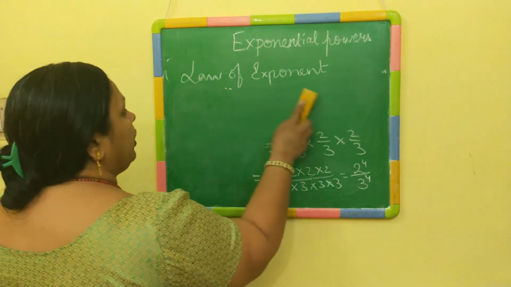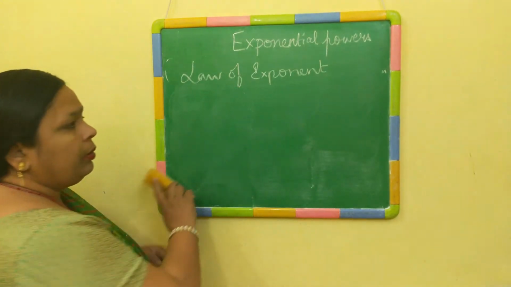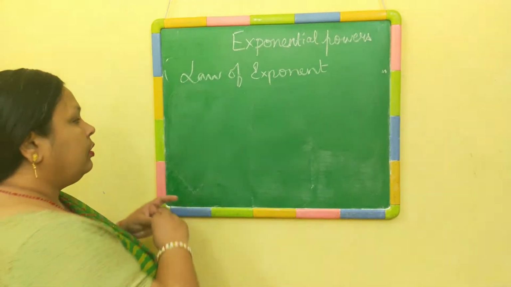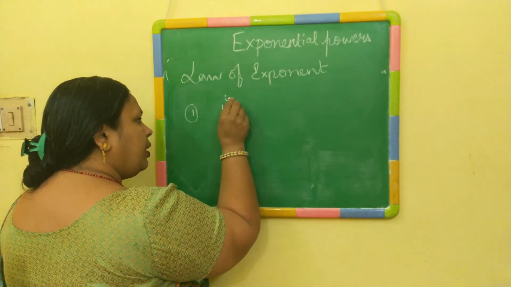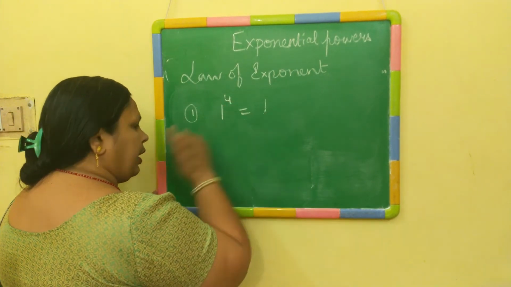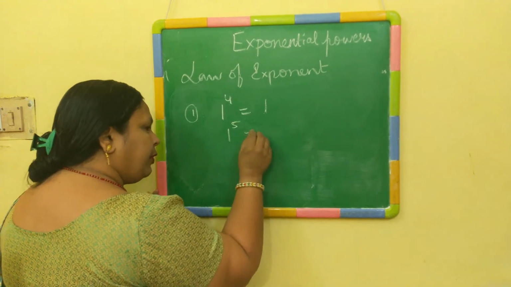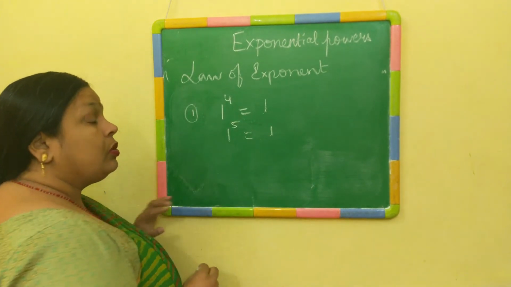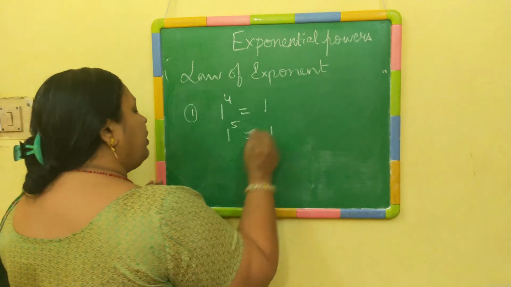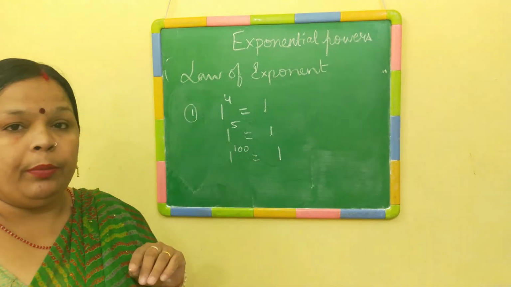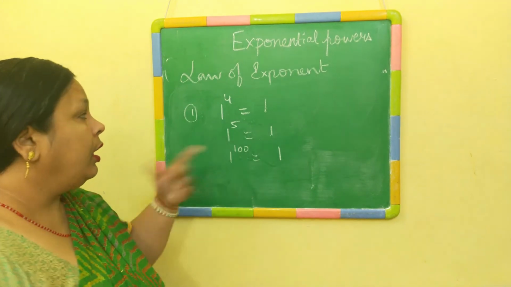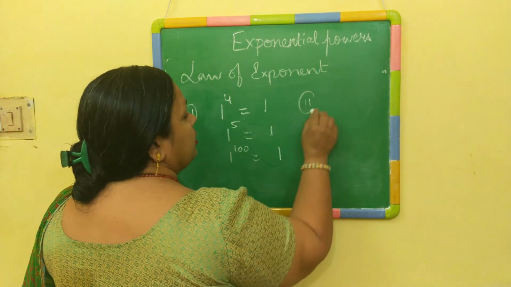Now, before going to the second law, I would like to tell you three important concepts. The first concept is, whenever 1 is raised to the power 4, the answer is 1. 1 raised to the power 5, the answer is 1. So this concludes that even if 1 is raised to the power 100, the answer will be 1. Clear? And the second concept is